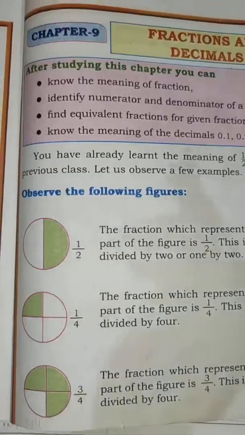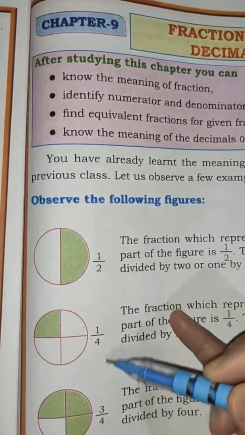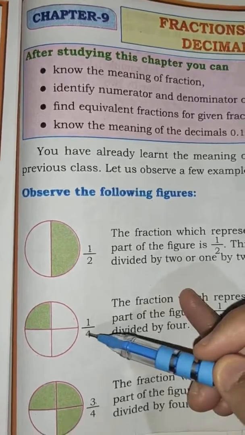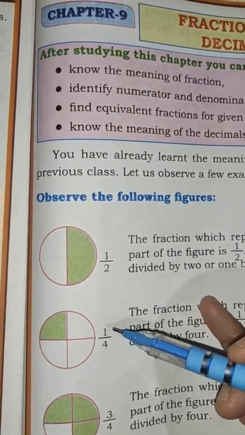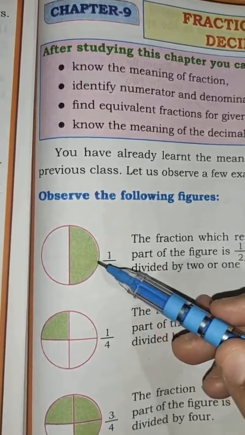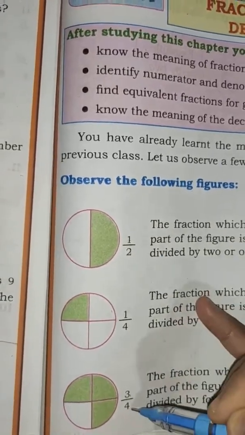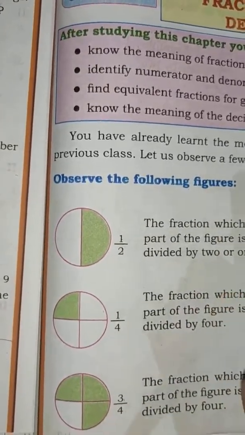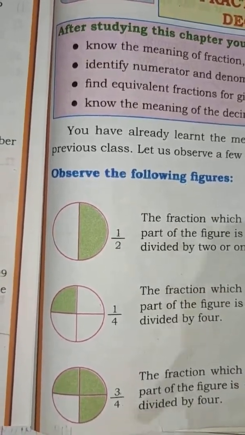This 1 by 2, this 1, here 1, 1, 3, represents the number of equal parts selected. Number of equal parts selected means number of parts shaded here. And this 2, 4, 4, represents the total number of equal parts into which a whole object